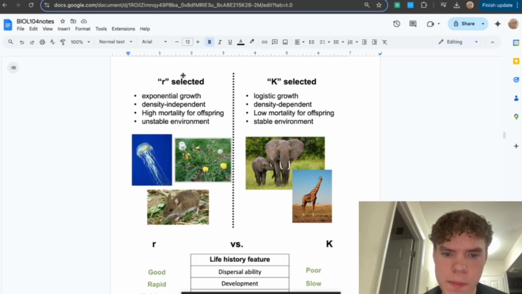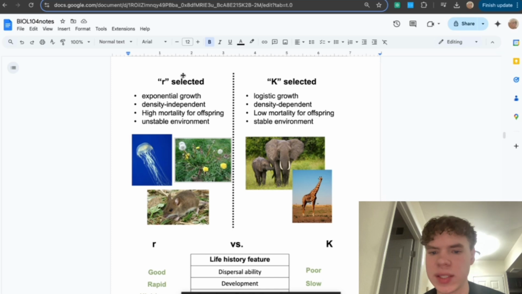Whereas our K selected species, they're kind of slower at reproducing. They're density dependent, with low mortality for offspring, but they're more stable, right? But they tend to hover around a carrying capacity. So if we look at, say, like